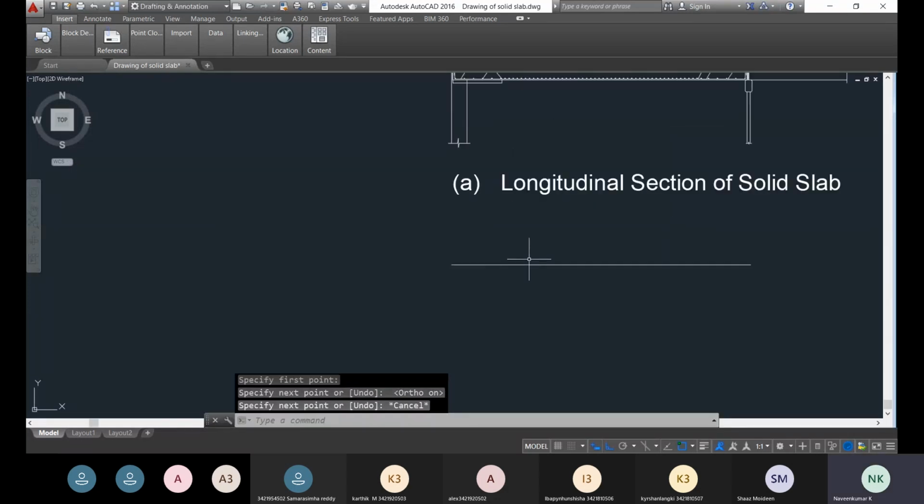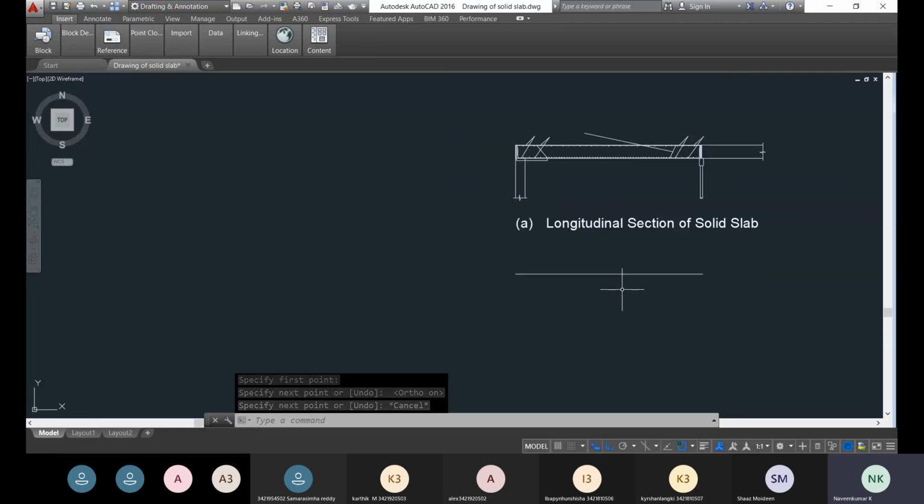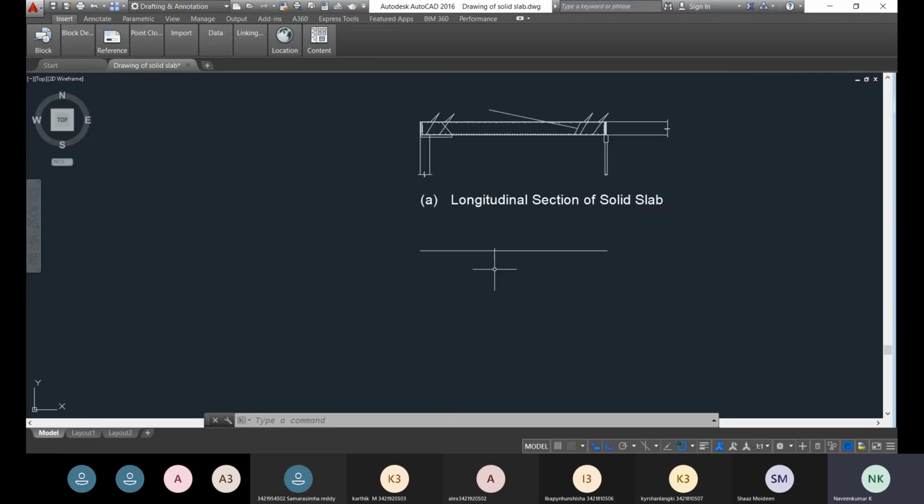Therefore, the top of the T slab is connected. The T beam is created. Now, what is the thickness of the T beam? The thickness of the T beam is the same as the thickness of the solid slab. We have the solid slab thickness as 675 mm as per the design. By the offset command, you can create the line below.